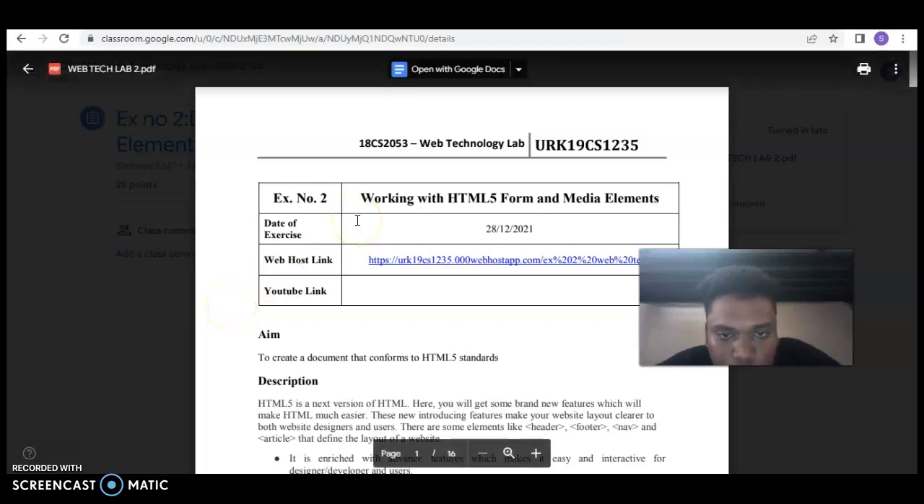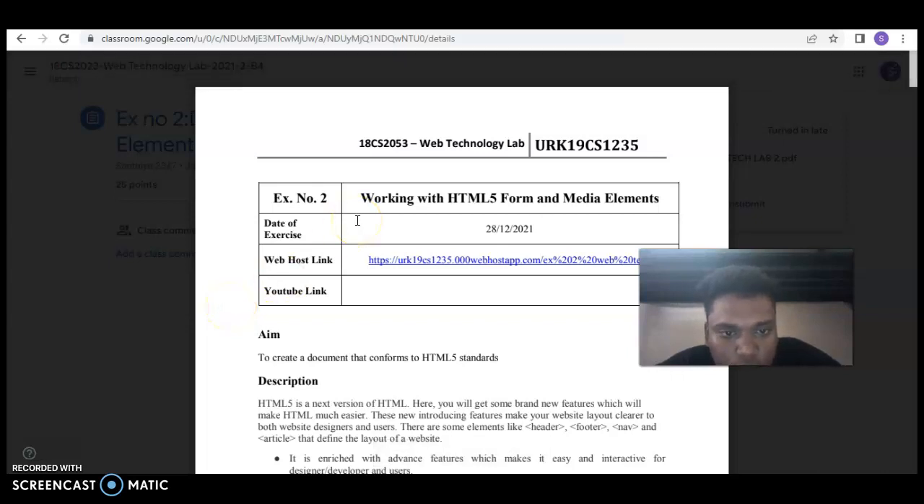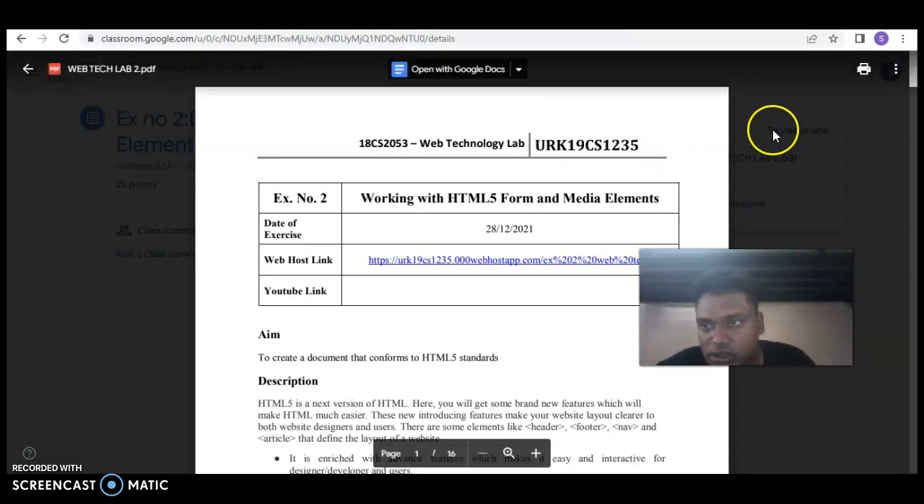Now we are going to see the web technology lab experiment number 2, working with the HTML5 form and media element. Now the aim is to create a document that contains two HTML5 elements. Now the description is